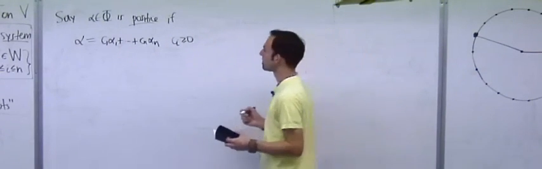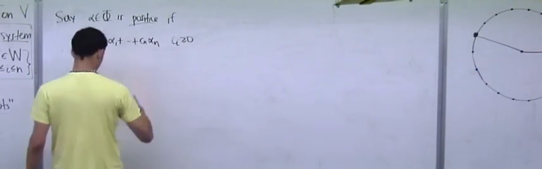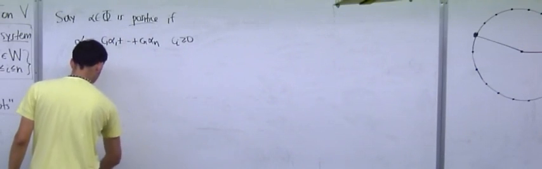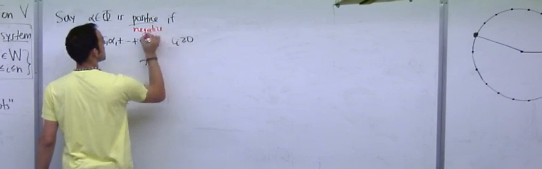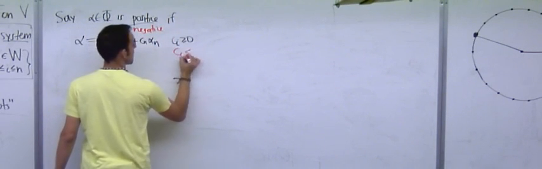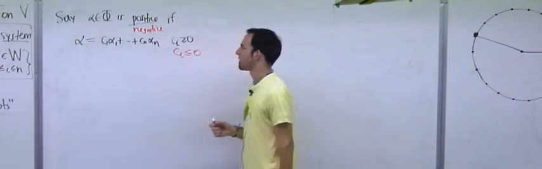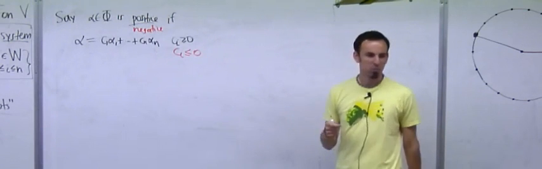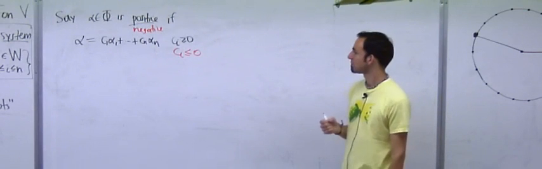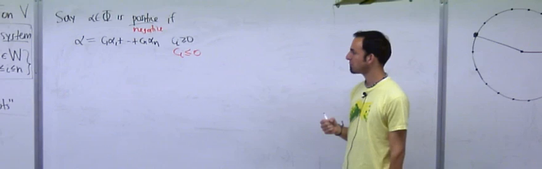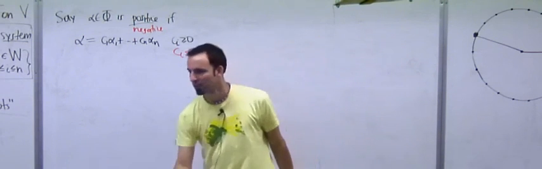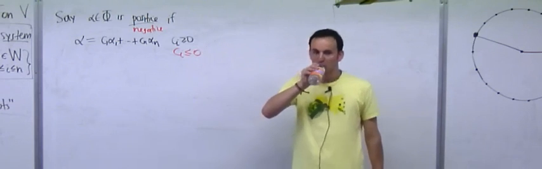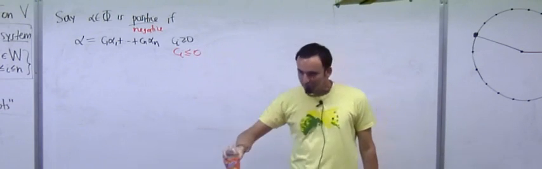Okay. And, of course, I'm going to call it negative if I can write it as a negative combination of simple roots. Okay? Do you like that definition? Does that seem a little strange to you? I mean,